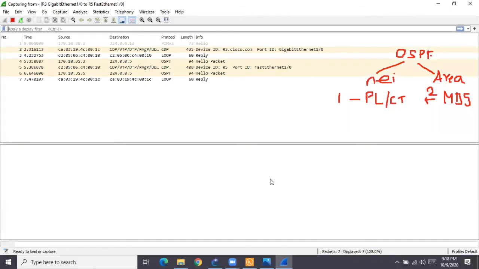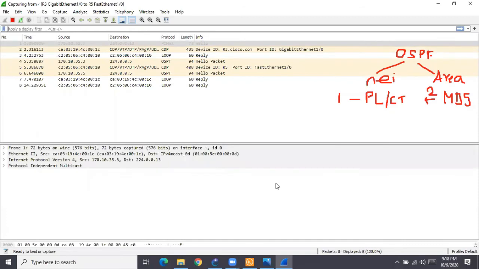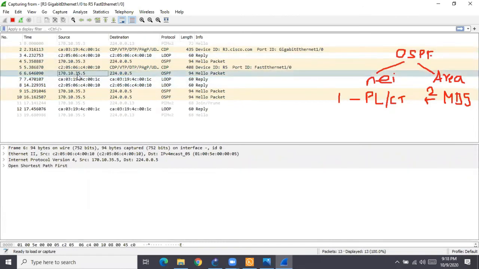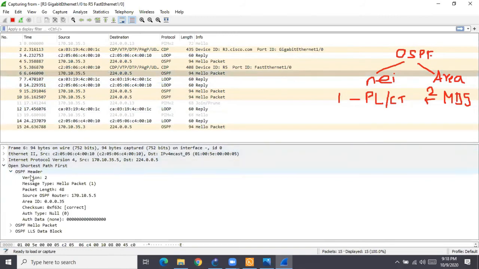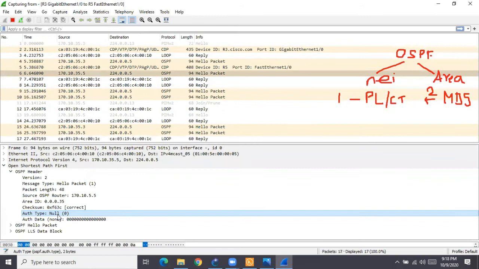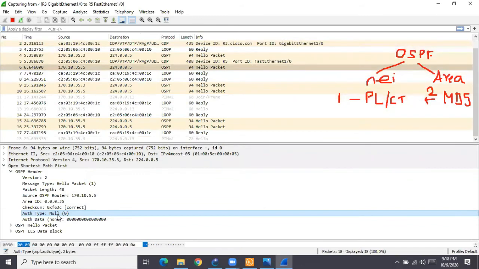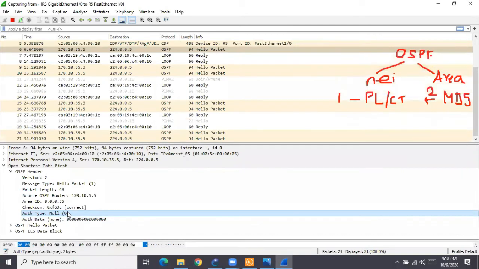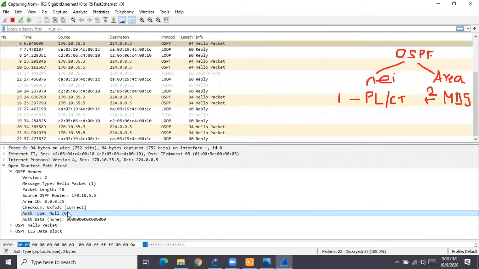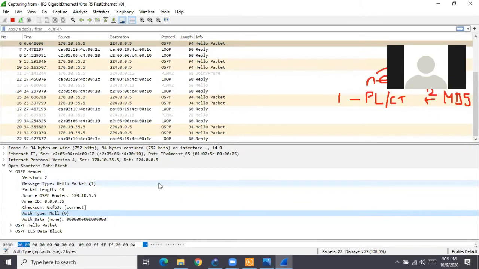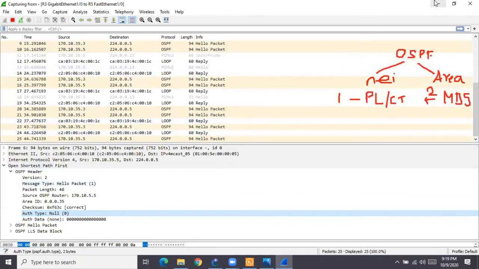Because the header cannot go empty, a value has to be written, so it will be zeros only. Let us pick some OSPF hello. So I picked up one hello. Let us open it now. See your authentication. Did I configure it? It is there by default. That means no authentication means null authentication. The field is always already there. Okay, not a big deal.